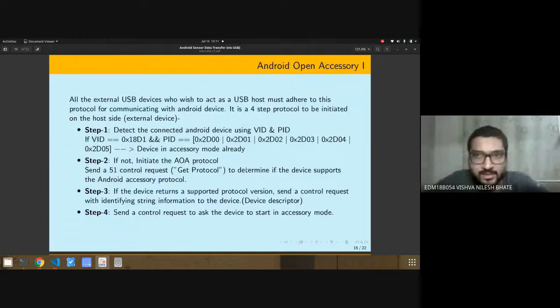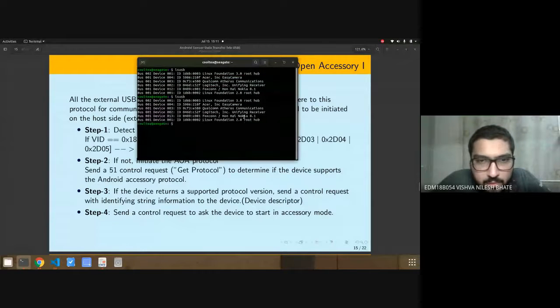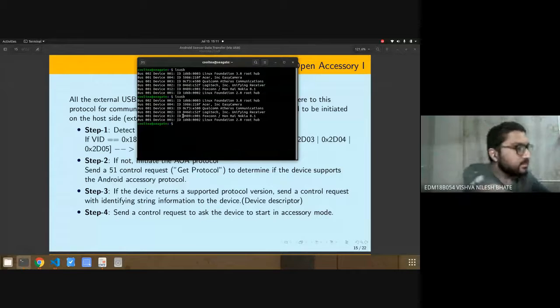How does the protocol work? Again, this depends on VID and PID. It's divided into 4 steps. As you can see right now, my VID PID keeps changing over here. Just a second.